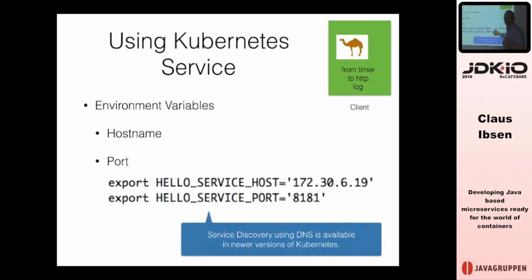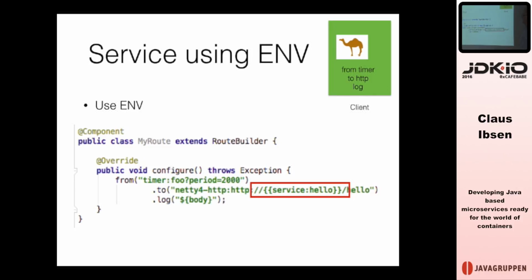The only part that is dynamic is maybe the IP address that Kubernetes assigns to it. So when you want to call, I'm hosting the service. You want to call me? I can tell you already offhand. The service name is hello, and the port number is going to be 8181. The only thing left for the piece of the puzzle is the IP number, and you get it in the environmental level. Now, what do I need to do in Camel to call that service?